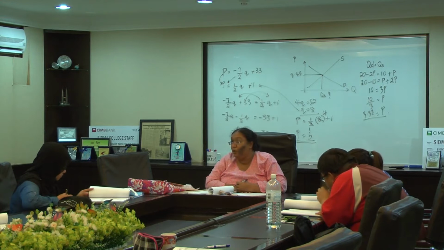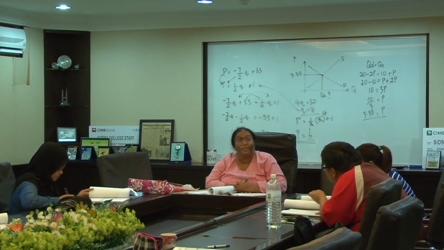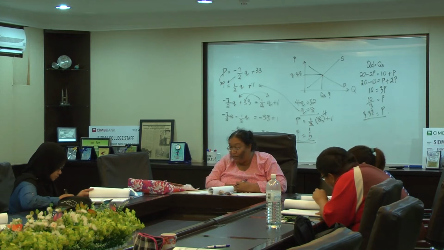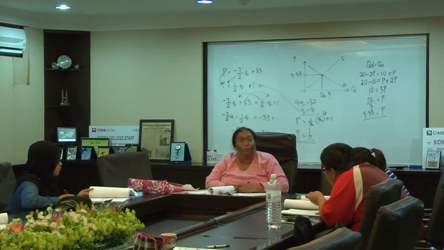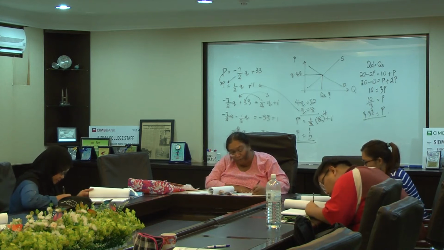Now, price is slowly going up because of excess demand in the market. So what happens to the quantity demanded when the price starts going up? You want to know what happened to the quantity demanded? Because see tadi, harga semakin naik, correct or not? Because there is excess demand in the market, correct? So what do you think will happen to the quantity demanded now? Okay, so write that quantity demanded will fall.